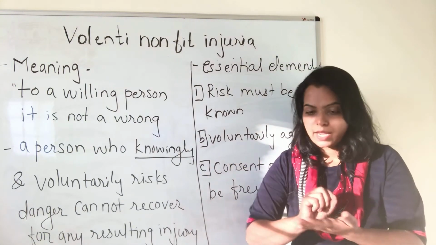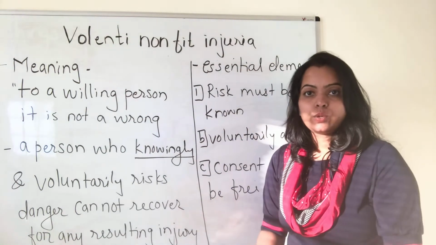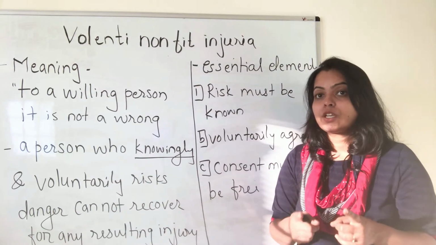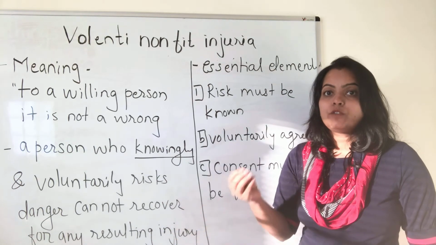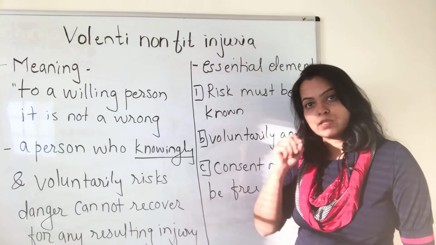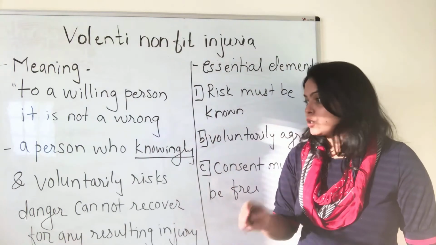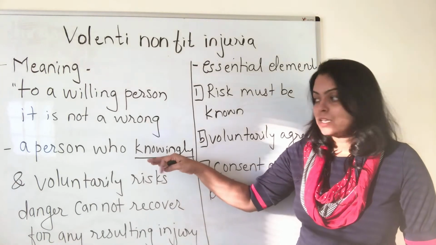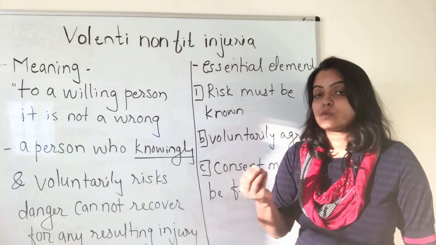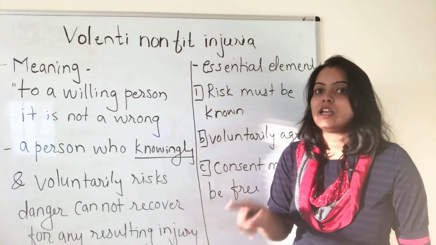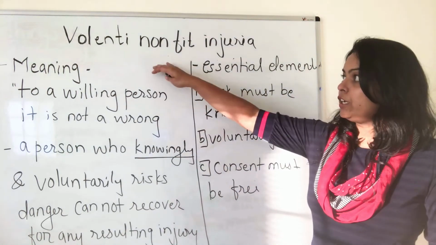Okay, you sign the contract and you enter the water, and a big fish comes and attacks you and you get injured. In this case, you cannot sue the authorities that run the scuba diving for this act, because you agreed, you signed that form saying that injury might happen to you because of some fish in the sea. So in this case, you took the risk knowingly and voluntarily, right? You wanted to do scuba diving, and that's why you signed the form and you went inside the sea. So in this case, you are the one who is responsible, and this is called volenti non-fit injuria.